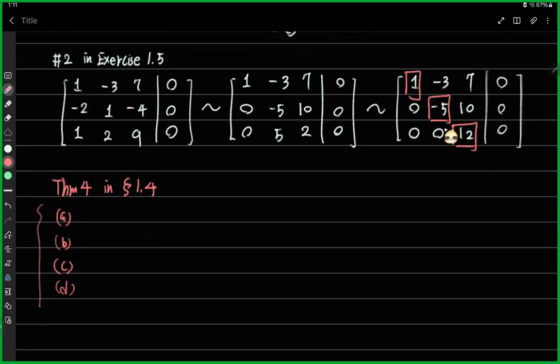So one of them is related to this one. So if the matrix equation satisfies one of them, then the homogeneous system will have only the trivial solution. Okay, so please look at Theorem 4 in section 1.4. I'm not going to go back. Okay, and then we move to the next one,